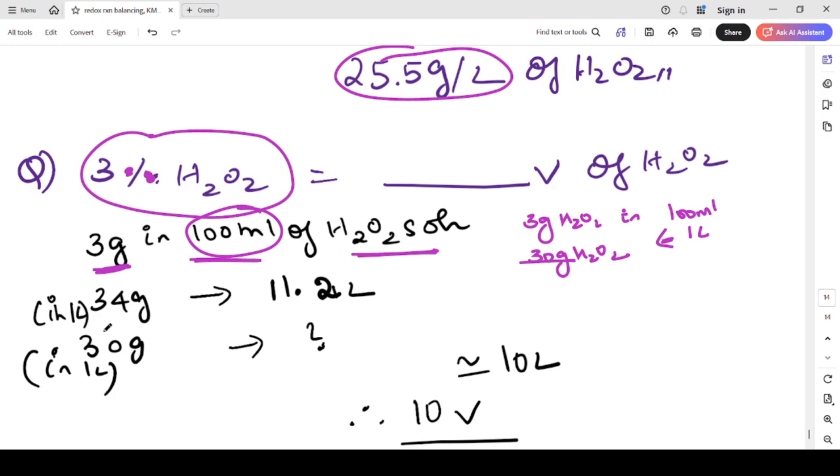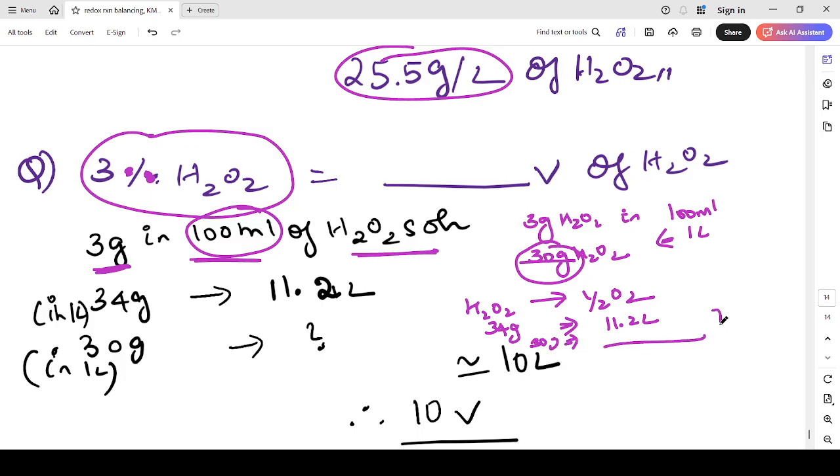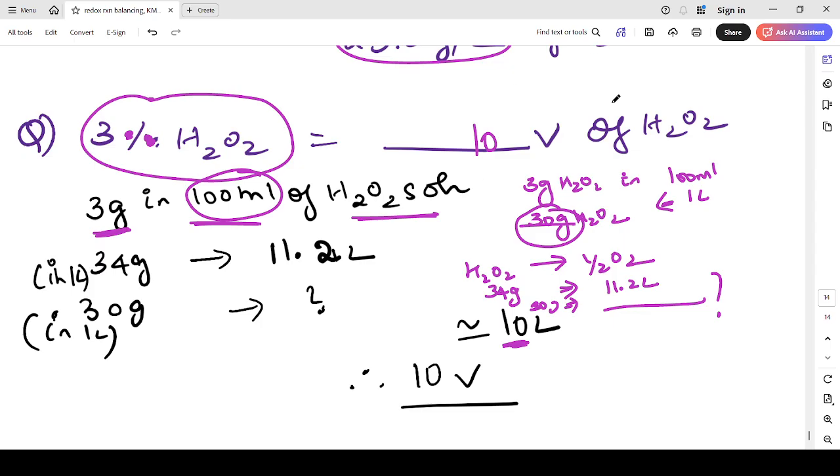Now the question is asking for the volume strength. Volume strength will be expressed in terms of the oxygen that is liberated. We know that hydrogen peroxide will give me half a mole of oxygen. That means 34 grams of this hydrogen peroxide will give me 11.2 liters. How many grams do I have here? 30 grams. So 30 grams of this will give me how many liters? On calculating, approximately it will be 10. So I express it as 10 volume strength of hydrogen peroxide. Understood? Yes, ma'am. Right. The next concept